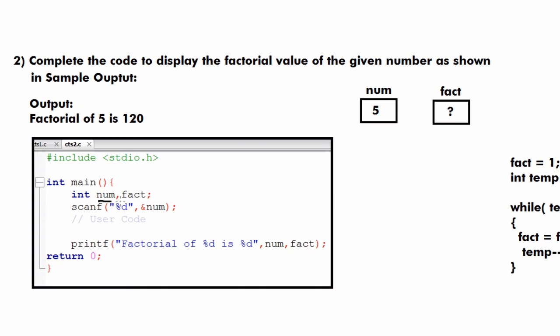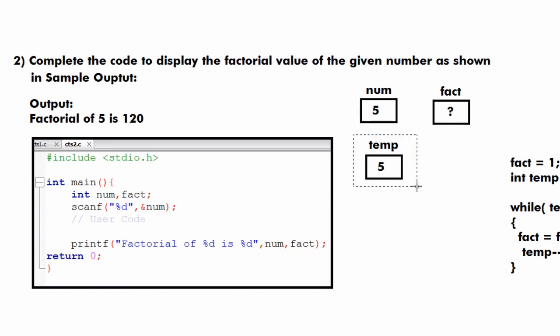As you can see in this code we are given 2 variables, num and fact. I am taking num, and for example the value of num is 5, and with this I am also taking a variable fact, whose initial value is garbage. Now as you can see in this line we are using num, so we will have to copy the value of num to a temporary variable. For that purpose we are taking a temporary variable. If I copy the value of num to this temp, we will use this temp to find the factorial and our value of num will be preserved. That means we can use it in the printf statement for printing the value of num.